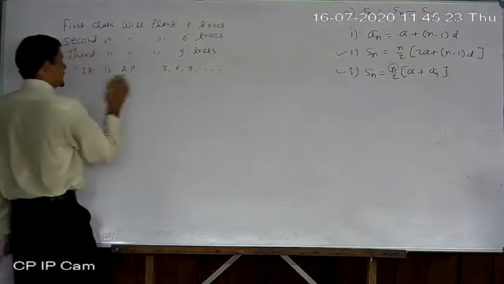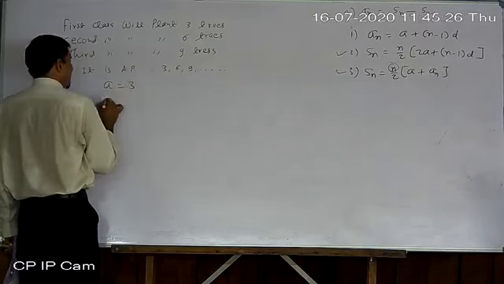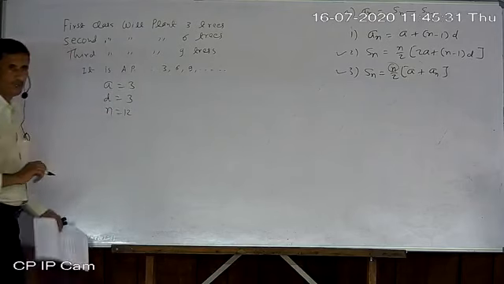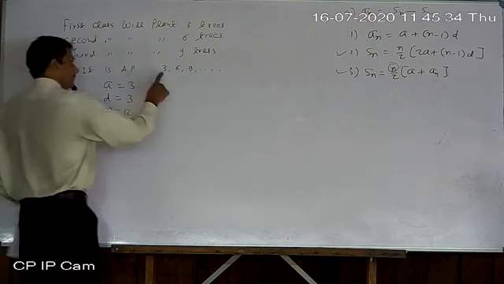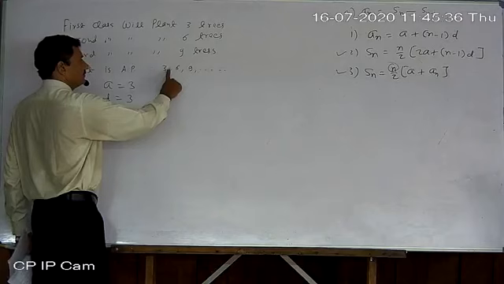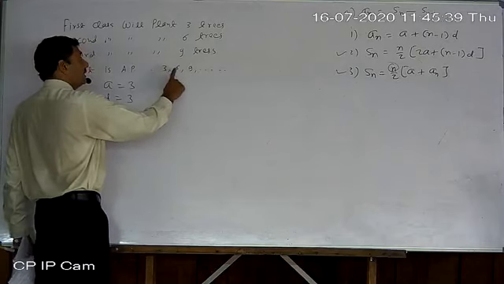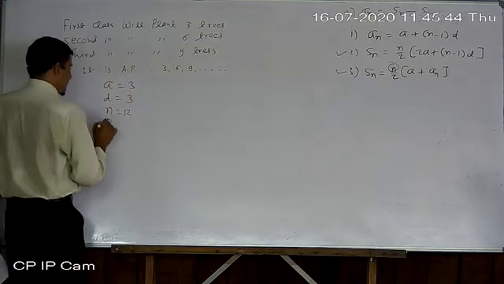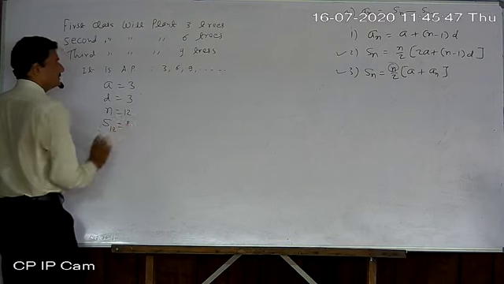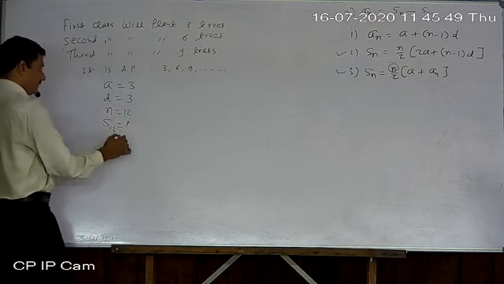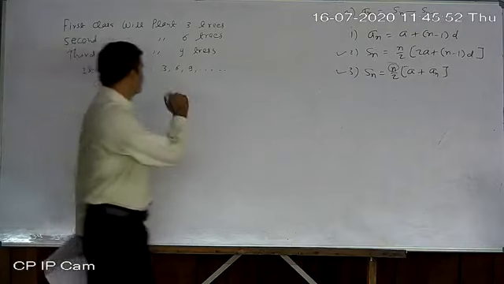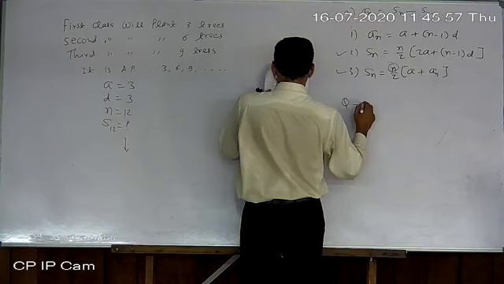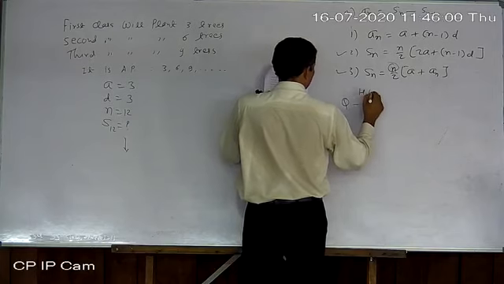Okay. So now a equal to 3, d equal to 3. How many terms? 12 only. d here is the number of trees per class, not per section. Per class. Whole class 1, class 2, class 3. Okay. And what to find? Sn, S12. Okay. So I hope now the remaining you can find. So this question, half question in homework, question number 17, textbook.